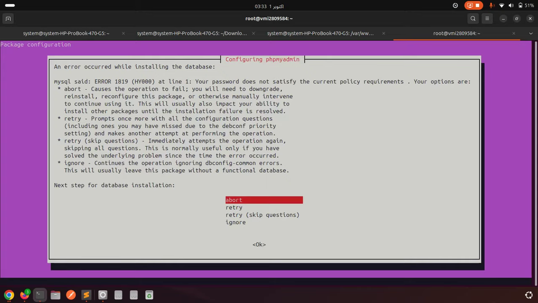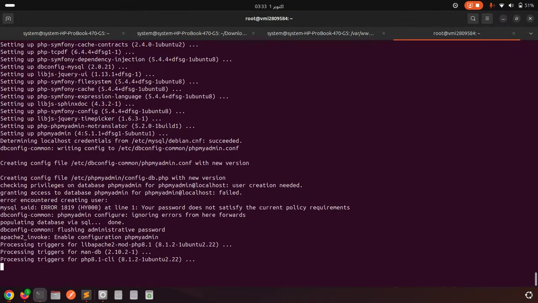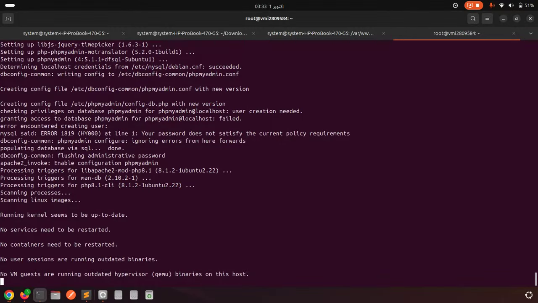Press enter. Okay, an error occurred while installing the database: your password does not satisfy the current policy requirement. Don't worry about this, just ignore it. phpMyAdmin has been installed successfully.